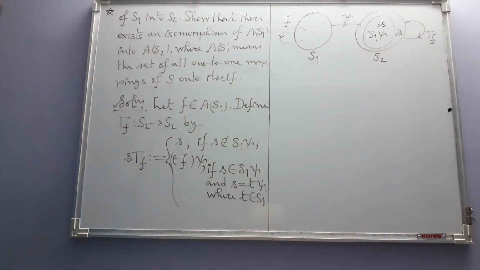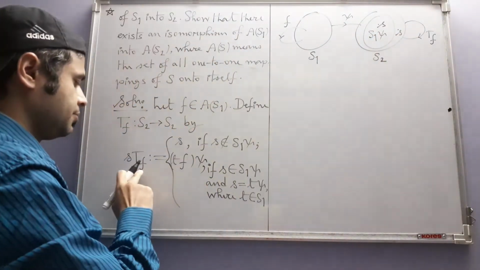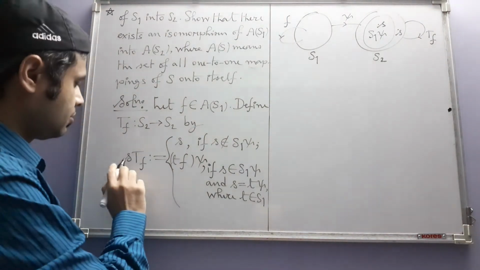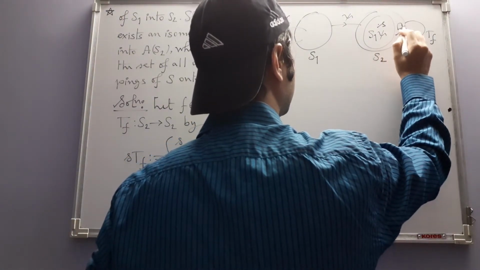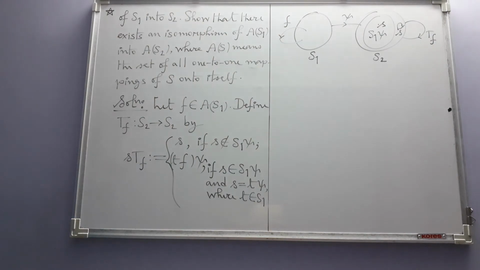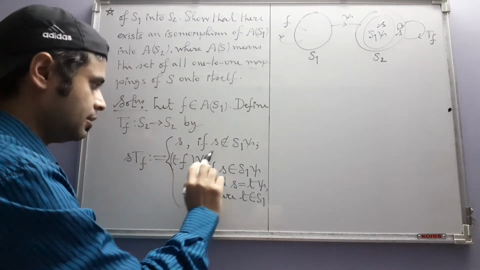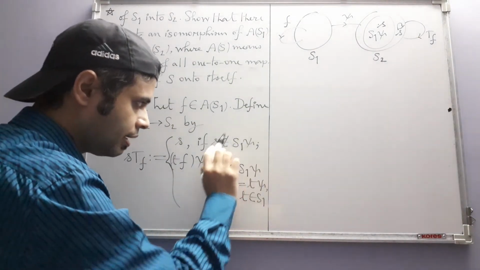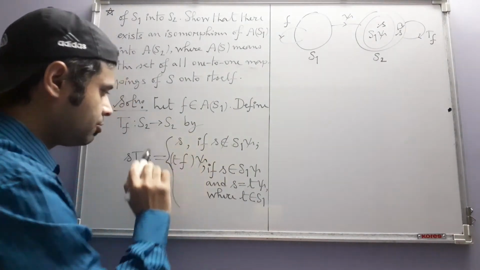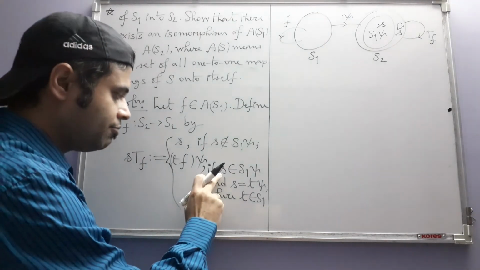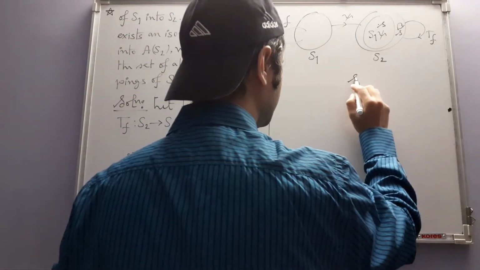So there are two cases. If S does not lie in S1 psi, the image of S1 under psi, then the output is defined to be S itself. But if S lies in the image of S1 under psi, then definitely S will look like this